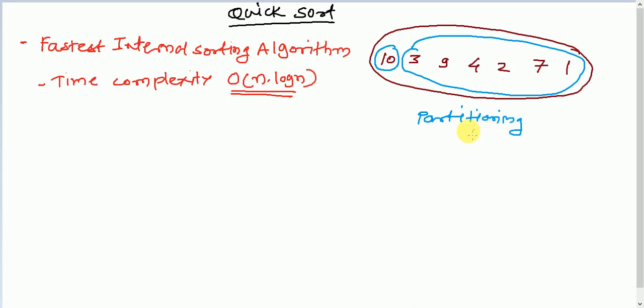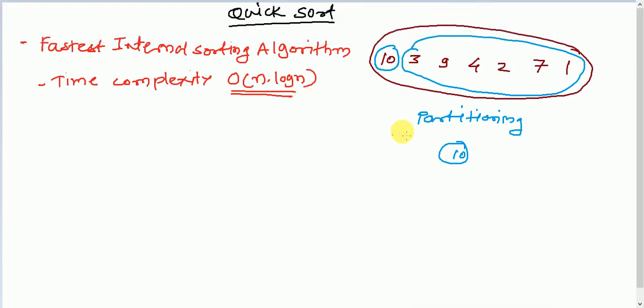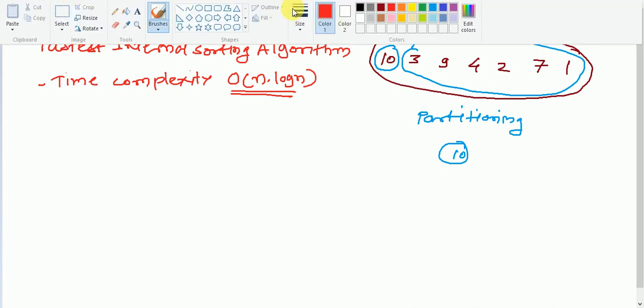The left part of 10 will contain all the elements smaller than 10. What elements are smaller than 10 here? 3, 9, 4, 2, 7. All elements are smaller than 10. I'll add some more elements, or I'll take this value as, let's say, 5, not 10, so that you understand it in a better way.